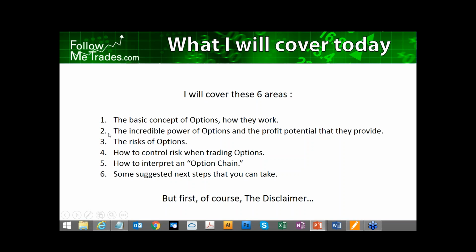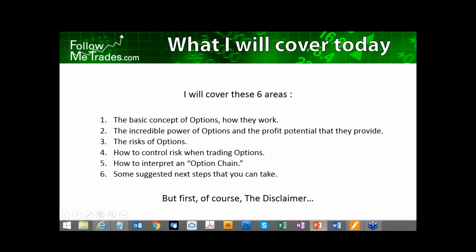So I'm going to cover these 6 areas. I'm going to cover the basics of options, just some definitions and how they work. I'm going to talk a little bit about what I call the incredible power of options and the profit potential that they can give us. I'm going to go through the risks because there are some risks in options, and quite often we hear warnings about options, and some of those warnings are legitimate. I'm going to talk about how to control that risk when you are trading options. We're going to go through an option chain. This is a list of different options, and just teach a little bit on that and show you the information that's there. And then I've got some suggested next steps